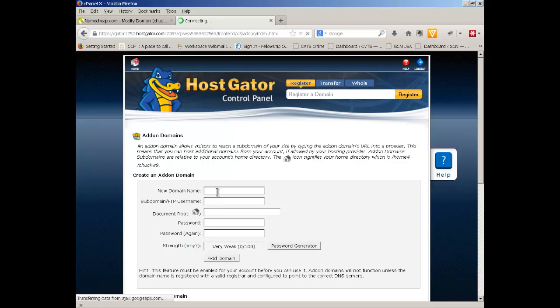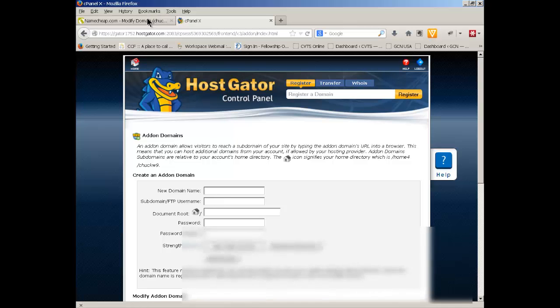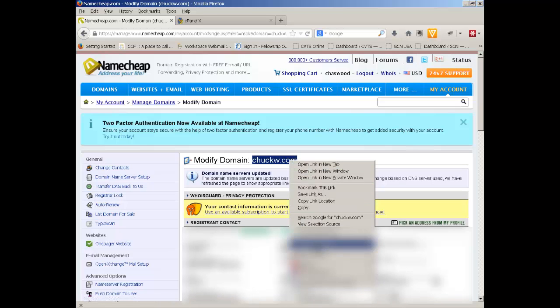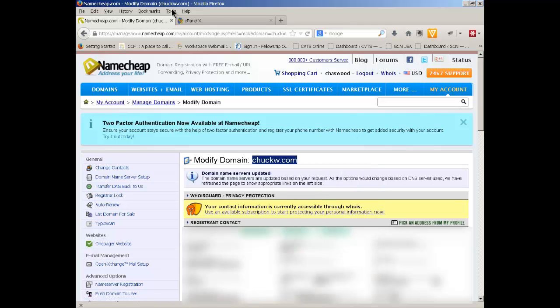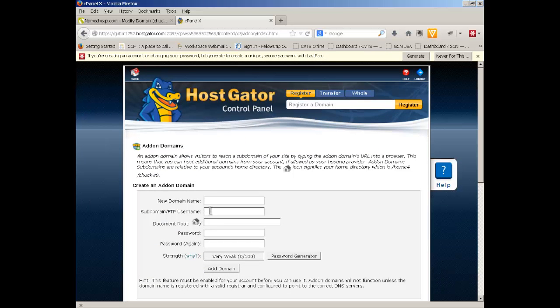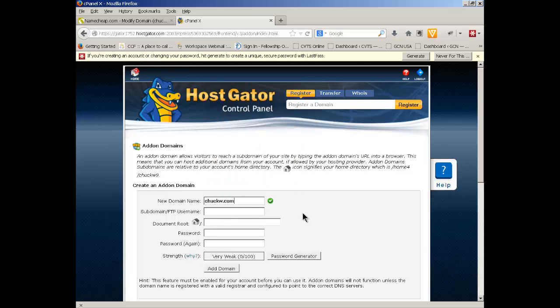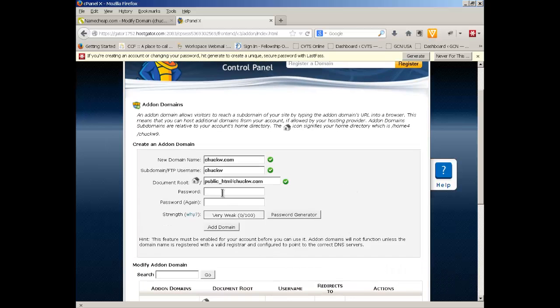Okay, and the domain that I had was, if you remember, let's go back and look at our domain, Chuck W. So we're going to go ahead and copy. That's the best way to do it. Just go ahead and copy it and put that here. Paste. And then it will fill out some of the information for you, because now it's creating a place on the server. And you have to put in a password, so we're just going to call it